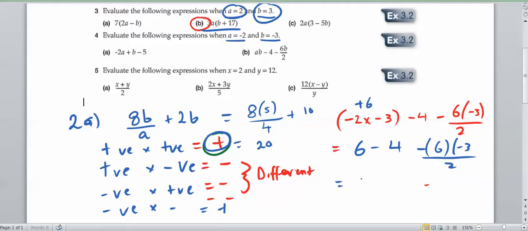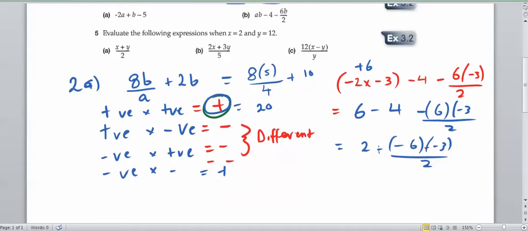So let's just simplify that to 2, and then we've got this minus 6 minus 3 over 2. Minus 6 times minus 3 is going to be 18, and it's going to be positive 18. So it's 2 minus 18 over 2. 18 over 2 is the same as 9, so it's 2 minus 9, which is equal to